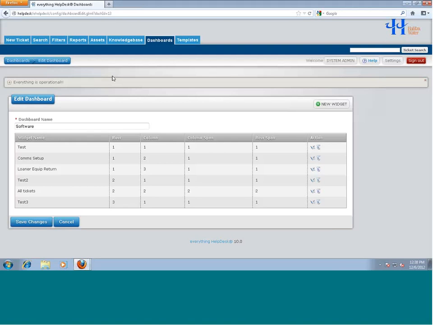No problem. I did see one question come through so far. How do you keep up the asset list in Everything HelpDesk? Is it manual import? It's all manual import, but we have a